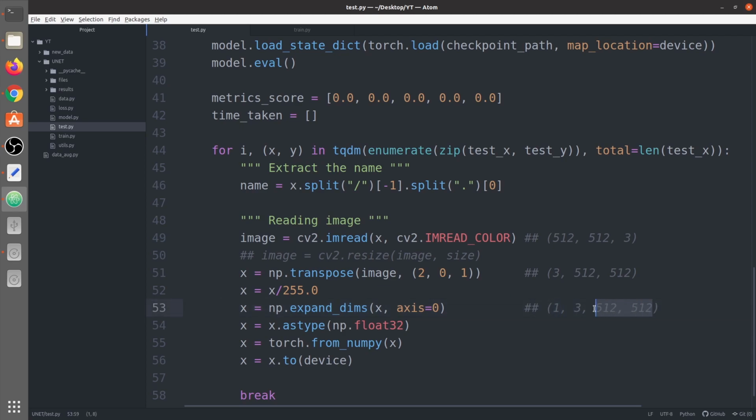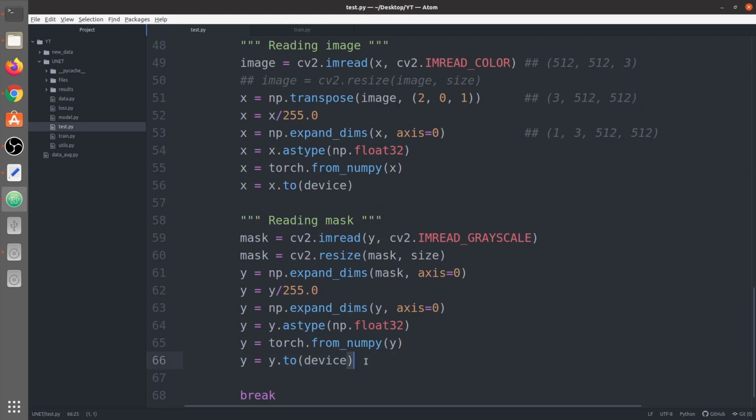So we're going to create a batch of one image, then we convert it to float32, and then convert this array to a torch tensor. Then we place it into our GPU, the same device which is in our model.